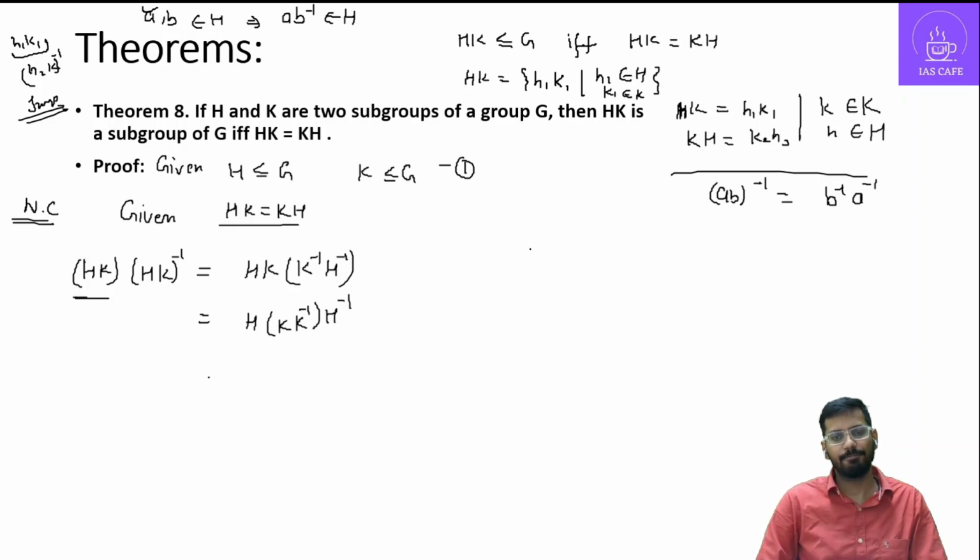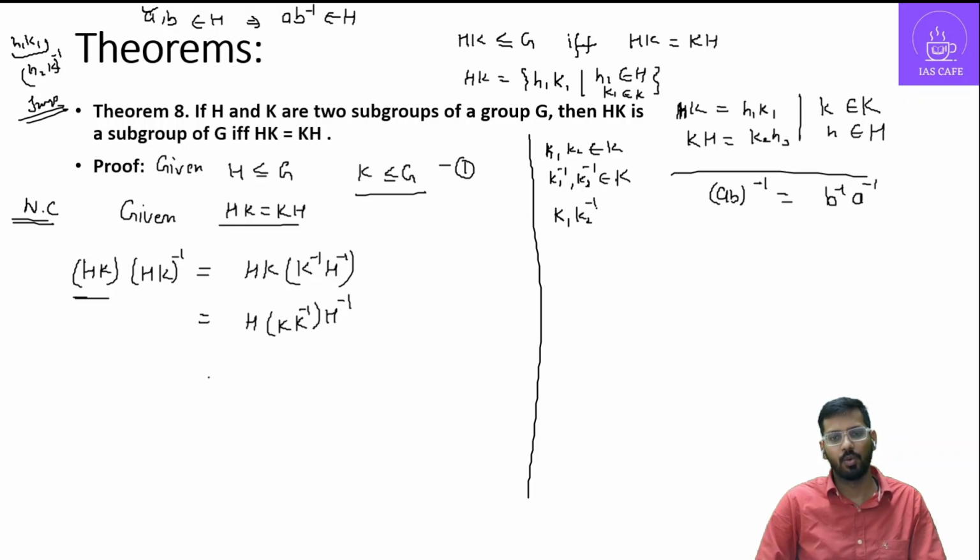Now from this, अगर हम K के दो एलिमेंट लेते हैं, suppose k1 and k2 belongs to K, then k1 inverse and k2 inverse should also belong to K. Then from the closure property, because K is a subgroup, by closure property we can write k1 k2 inverse should belong to K. तो यही प्रॉपर्टी हम यहाँ पे यूज कर रहे हैं कि K and K inverse is